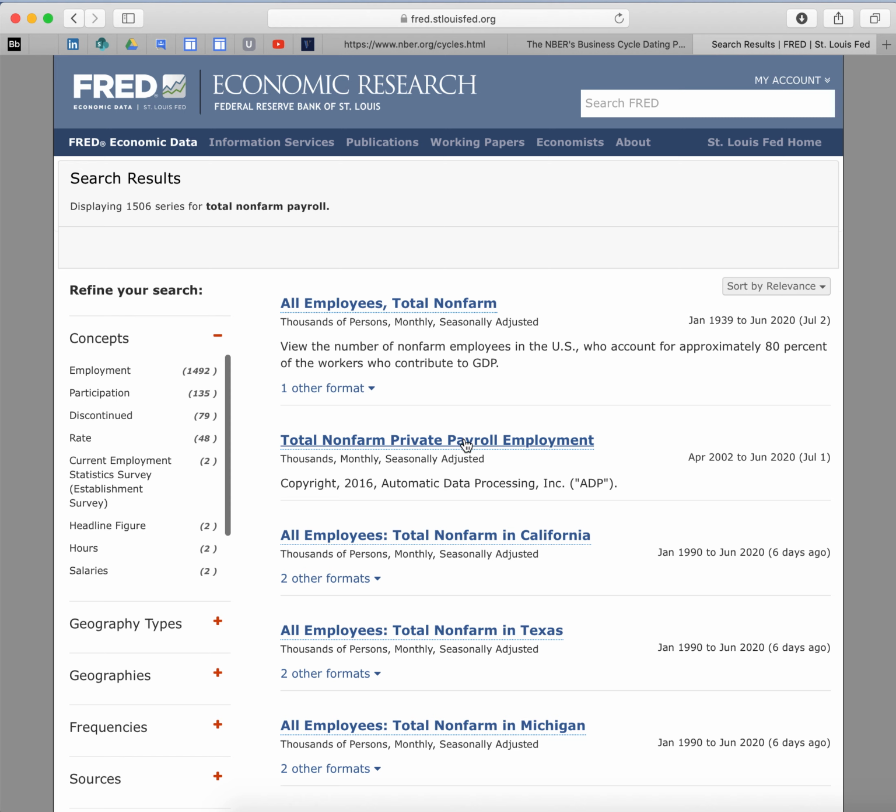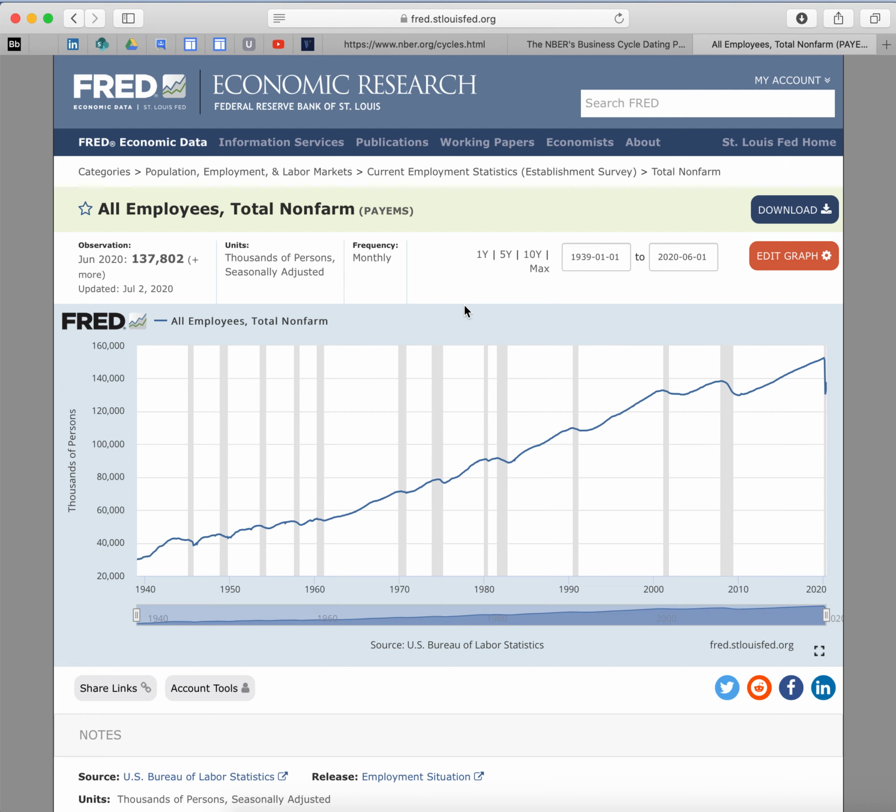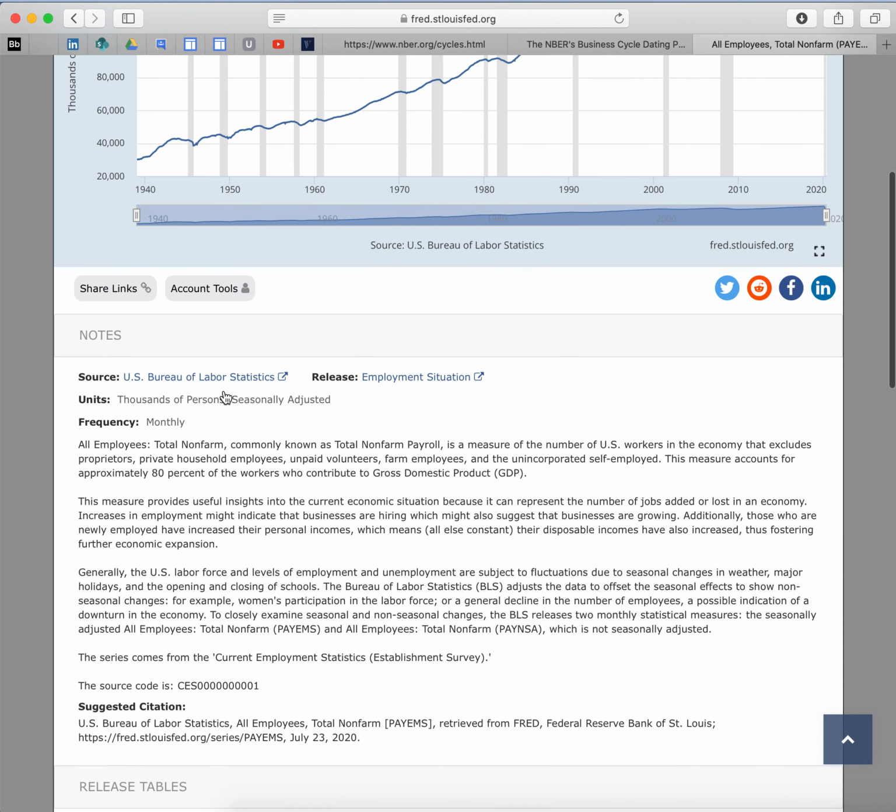You can click on it. You can see there's two. This one's actually a private one, ADP, a little bit different. This is the one we want. You'll notice there's a description down here. All employees, total non-farm payroll is a measure of U.S. workers. It is produced by the Bureau of Labor Statistics. So this is the measure we want that gets used in